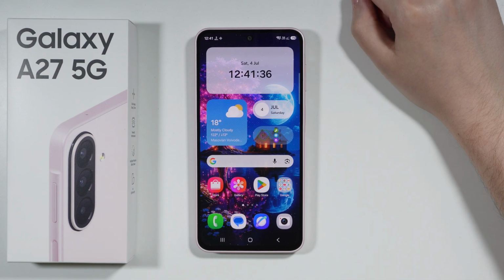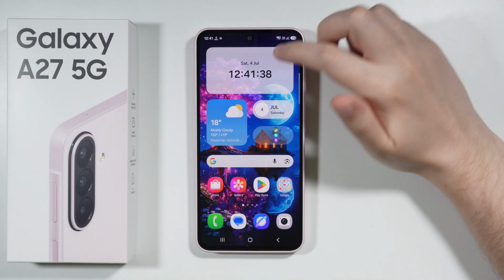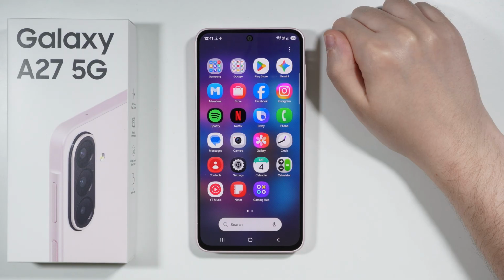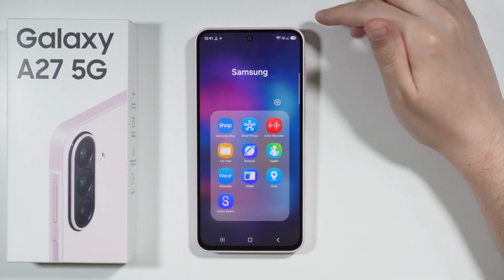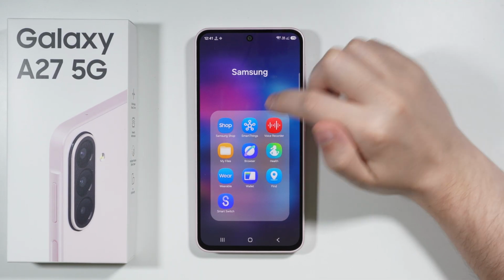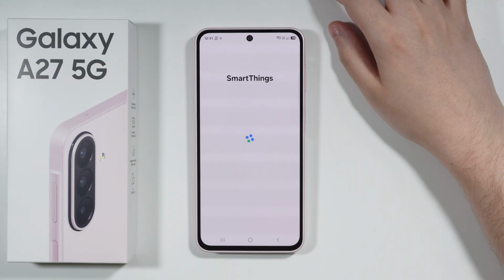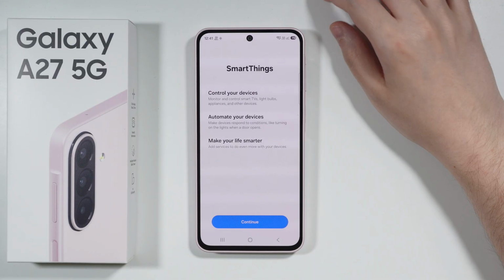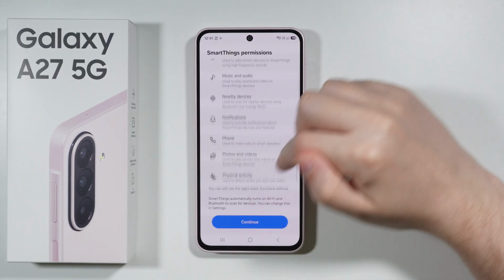If you want to set up SmartThings on the Samsung Galaxy A27, you just have to go to the app drawer and then over here go to the Samsung folder where you should be able to find the SmartThings app over here. Now once you open the SmartThings app, you want to tap on continue over here and grant all of